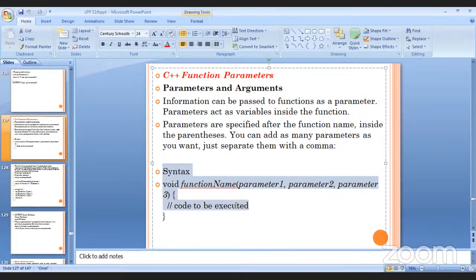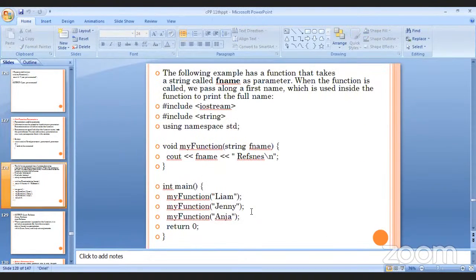See the syntax: void functionName(parameter1, parameter2, parameter3) { // code to be executed }. Then the following example has a function that takes a string called fname as a parameter. When the function is called, we pass along a first name, which is used inside the function to